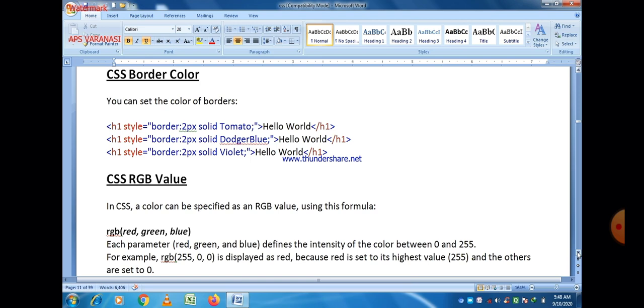And if you want to put a border color, then for that purpose the property name is border. After that you can easily see that we give the border width, that is 2 pixels, and after that a space, and then the name of the color. So two values are given here, one for width and second for the name of the color using the border property. So h1 is the name of the heading here. Using style as an attribute, we can give different types of border color here.